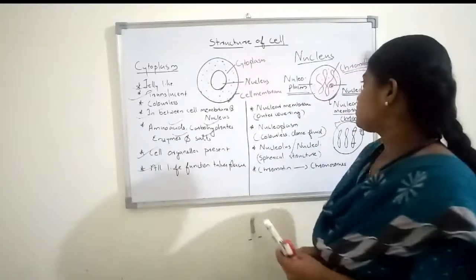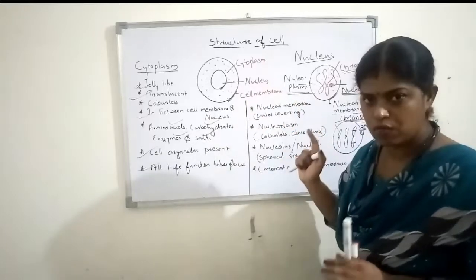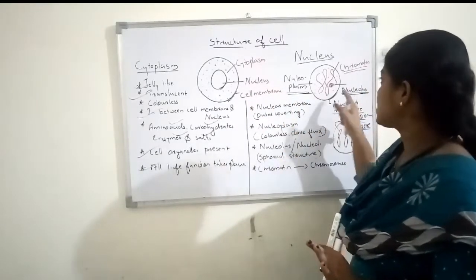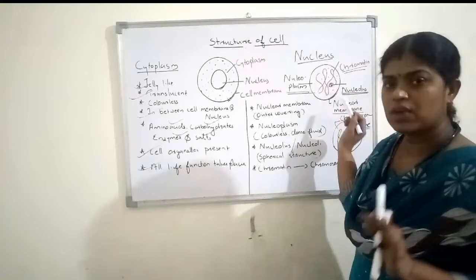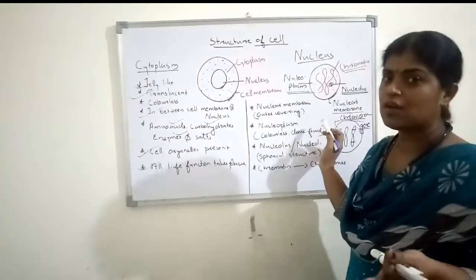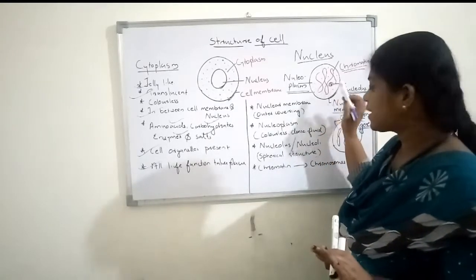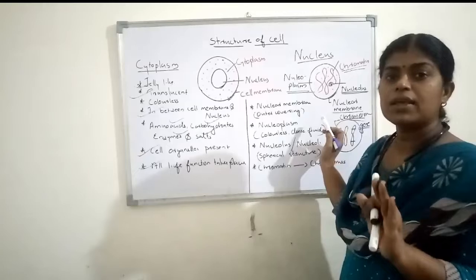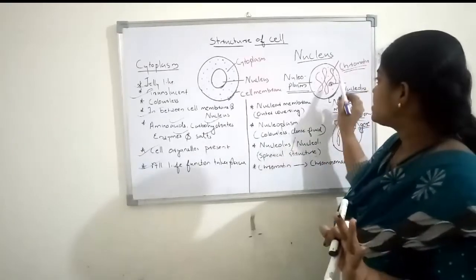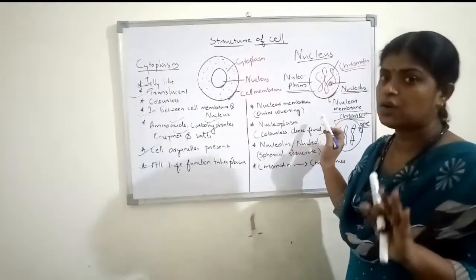So, what do you know about the nucleus now? Nucleus is the control center of the cell, and it has an outer membrane. We are calling it nuclear membrane. Inside that, a fluid is there. We are calling it nucleoplasm. Inside the nucleoplasm, some spherical bodies will be there. We are calling it nucleolus, and inside, one thread-like structure that you can see is known as